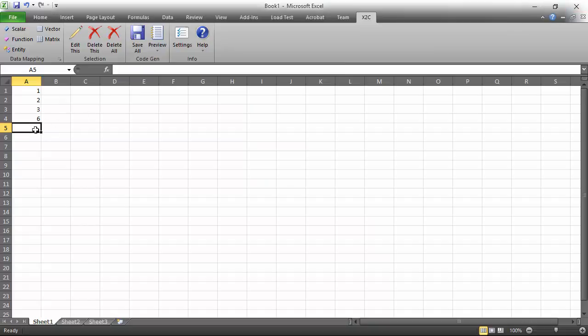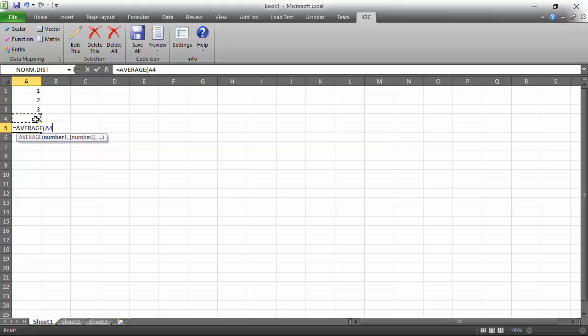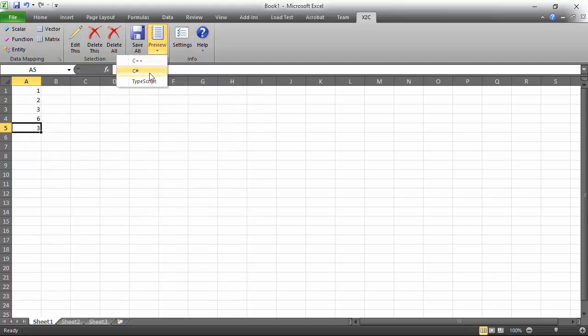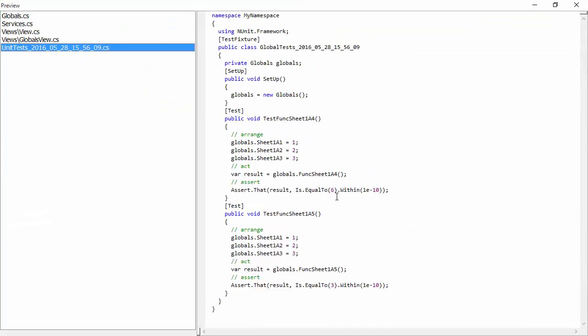So for example, I can make another function which is an average of all the cells up above. So this takes a dependency on three scalar values as well as a function. I can once again press the function button here to create a mapping for it. And if I go into preview for the C# language and I click on unit test once again, you'll see that there are now two tests, one for the function we've already made and one for the function we've just